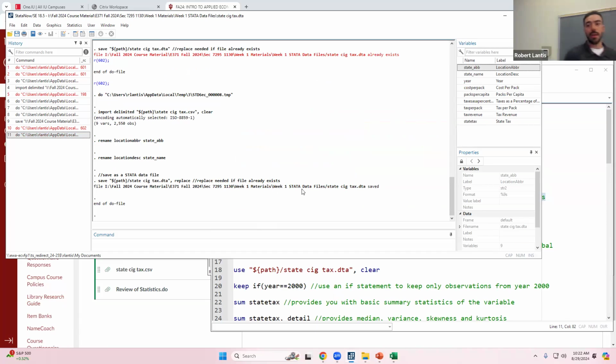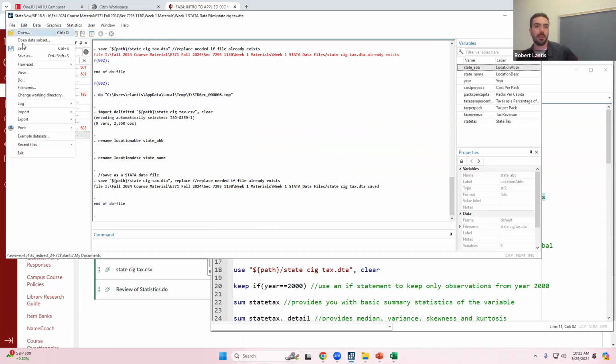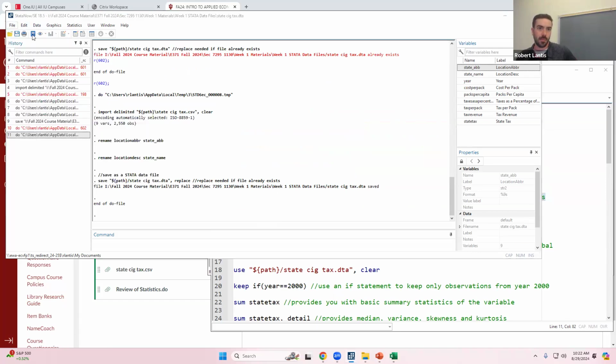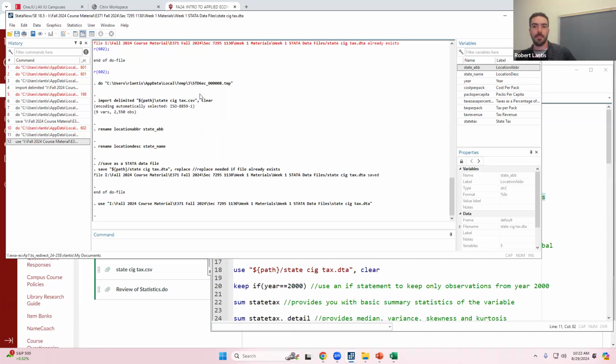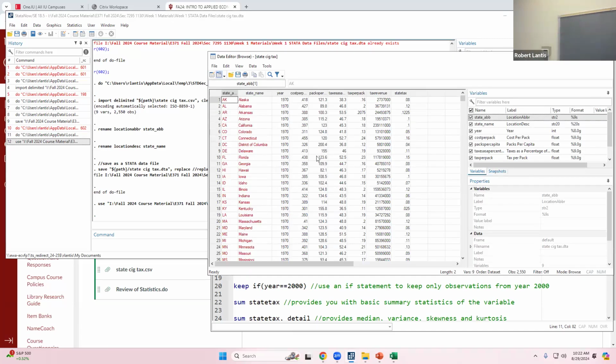Now that I have this .dta file, in the actual program I can go to File, at the top, Open, and I need to be in the right section where I saved it. So here's that file I just saved. Now I can just open this instead of importing it, and the data's right there. A lot of the time, best practice is that you don't want to keep importing these files. You want to import them and then save them immediately as a Stata file, so you can just open it up right away, okay?